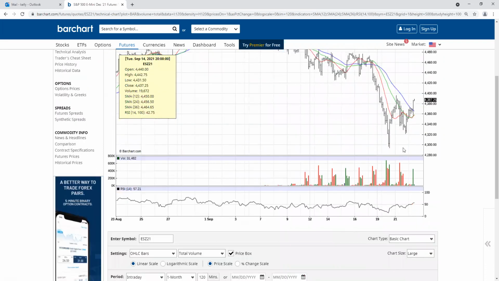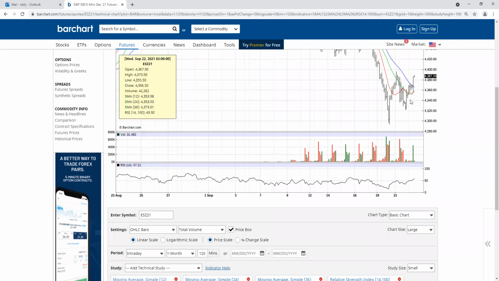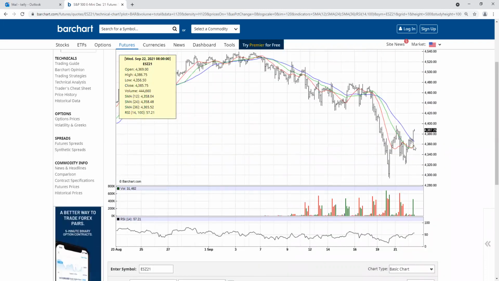Okay, on the monthly, again, the good news is the green and the red, the 12 and the 24 SMA, are crossing right there at 43.58. So if I'm in there right now, I definitely don't want it under 43.58. I don't really like the blue, the 36 SMA, coming straight down. I don't like that at all. And of course, you've got that high point there as well.